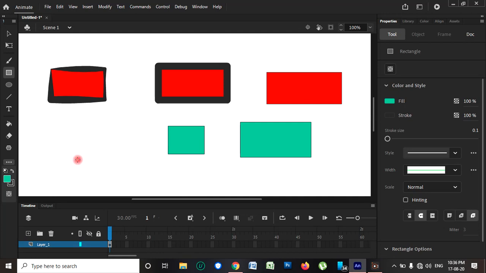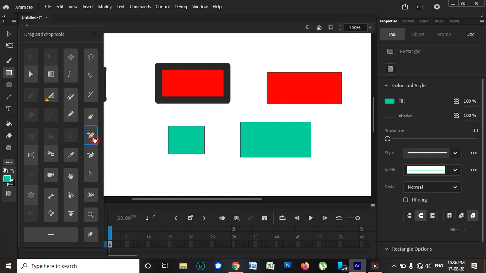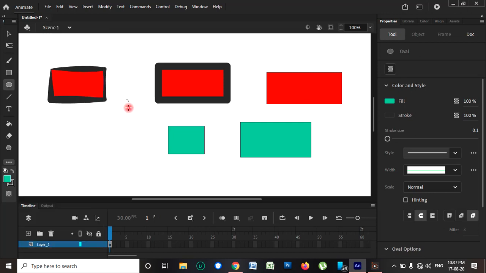Now the pen tool has been completed, the paintbrush also, and the pencil also. Now we are going to discuss the oval. We are going to draw the oval, and if you want to put colors, from here we can change the colors.